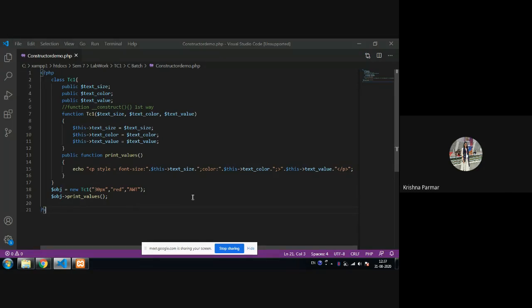And individual concepts, you just make sure you clear on that, because you have to create a small application which includes this. Like in one file you create a tc1 class, in the second file you create a tc2 class, in the third file you create a tc3 class, and just use the inheritance concept, and include the files also. This way you can create a small application. So start going for it, which kind of application you do, which includes all the concepts of OOP. In this lab session, we also covered inheritance as well as interface, so that you have an idea regarding that.